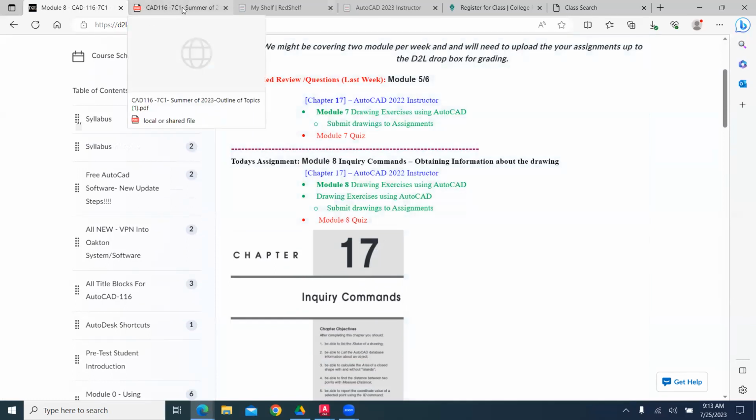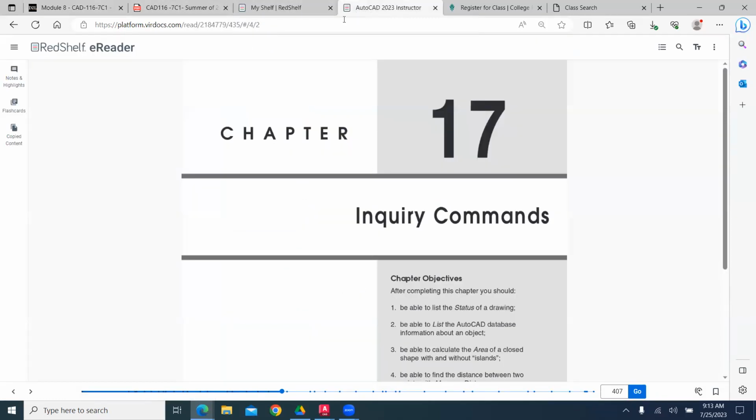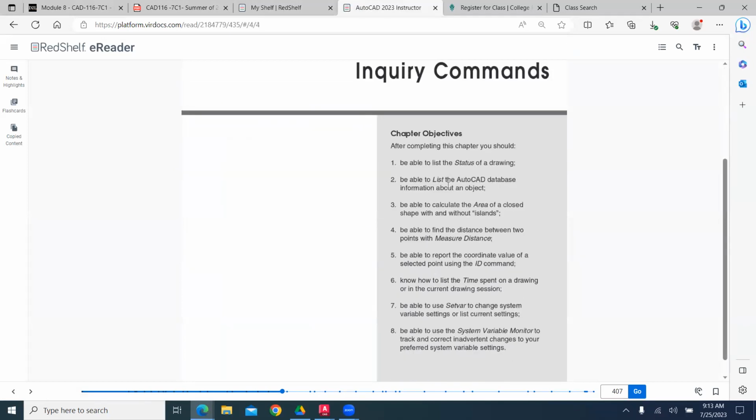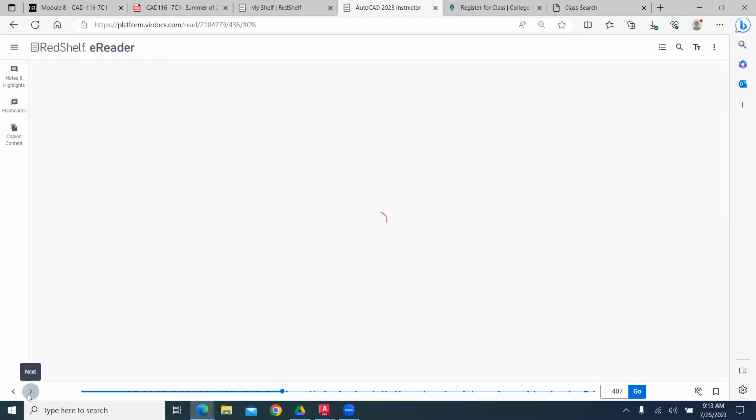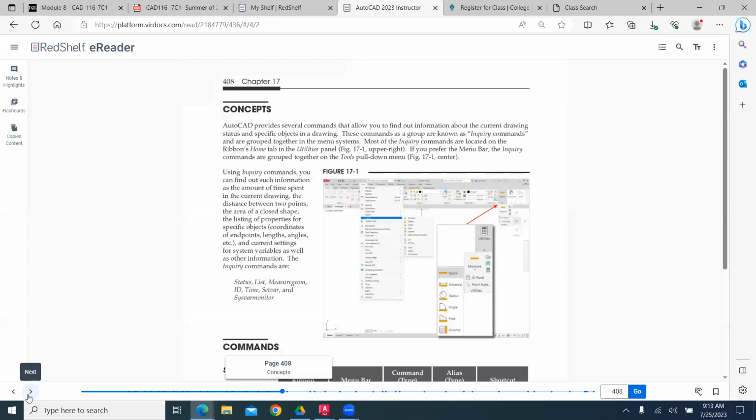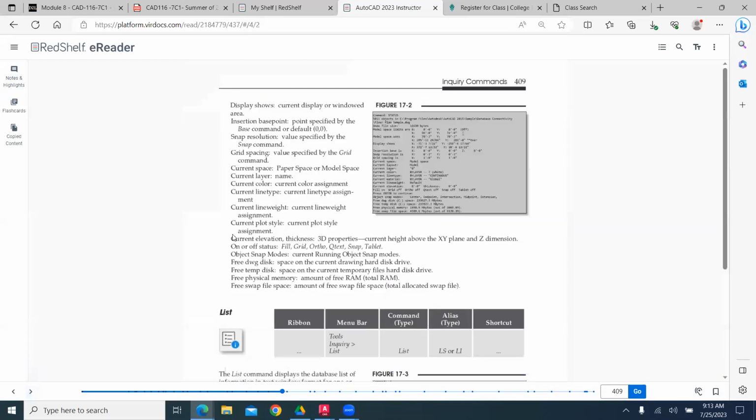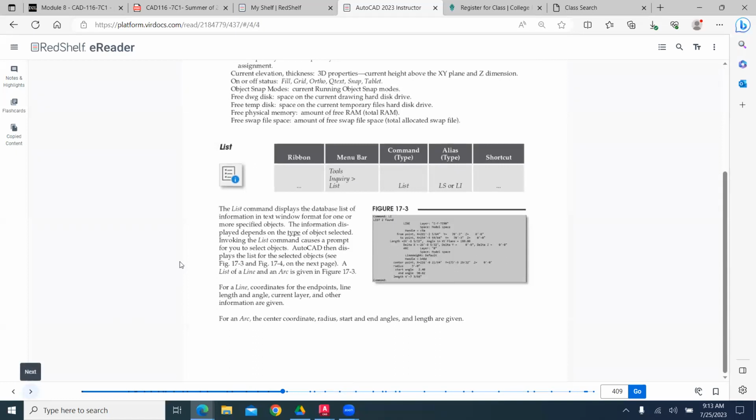And if we look at our digital textbook, we would be looking at being able to analyze things like area, measure distances, check coordinates and identify points. And then other utility commands like being able to figure out how much time was spent on the drawing, variables for the settings, and other system variables as we start to work with our CAD system. And so the basic concepts are that we're able to then analyze these different drawings to be able to check things like listing properties of a drawing,